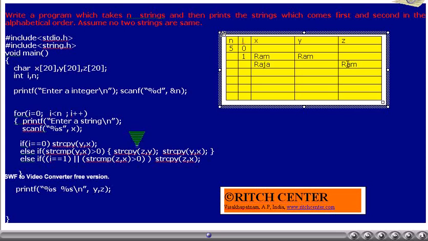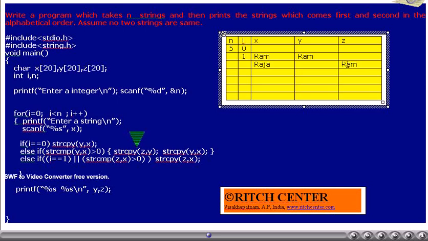Thus, whatever is available in the variable y is first copied to z, and then whatever is available in x is copied to y. Thus, z becomes Ram, y becomes Raja.